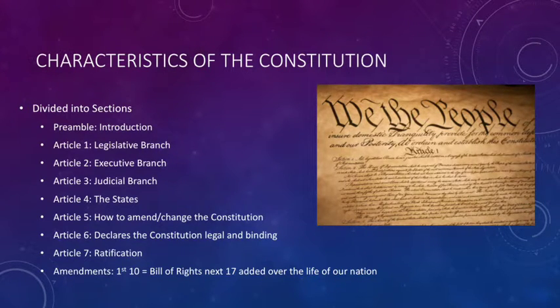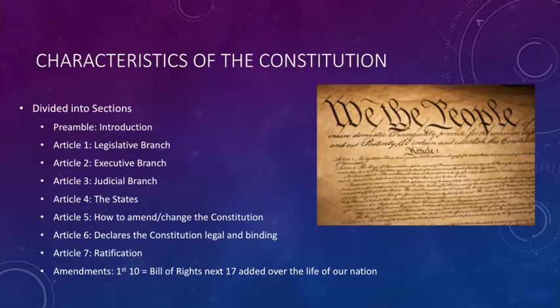When the Founding Fathers were looking at what was really important, they tended to put the more important, more powerful things towards the beginning of the U.S. Constitution. They wanted to have the preamble at the beginning, so it would tell you why we have this U.S. Constitution, what the point of the U.S. government is. Then they had the legislative branch first because they viewed it as the most important component because it represents the people. Then they have the executive branch, the judicial branch, and as you go through these different parts of the Constitution,